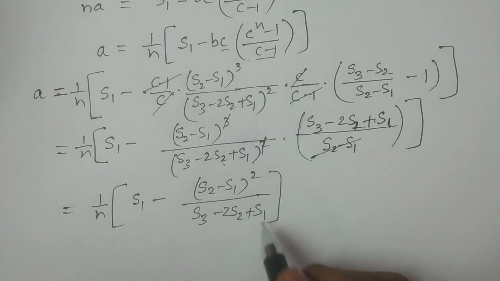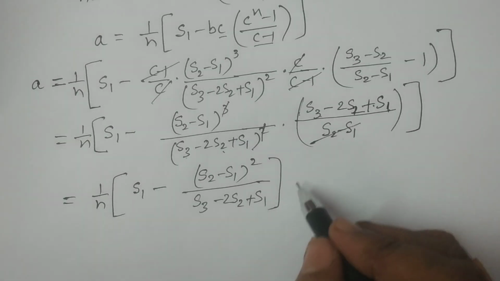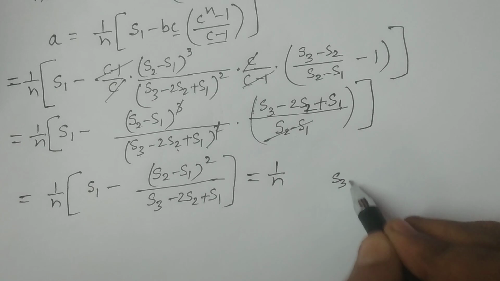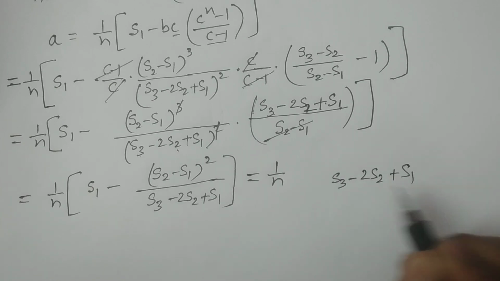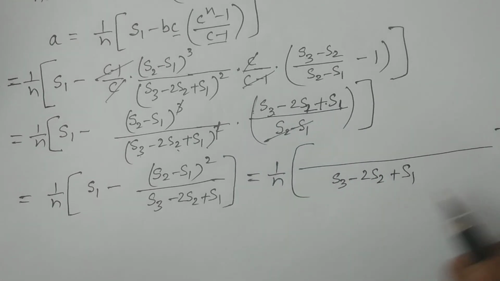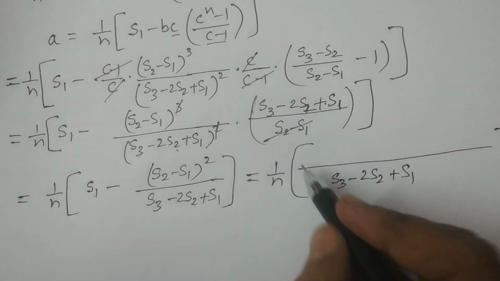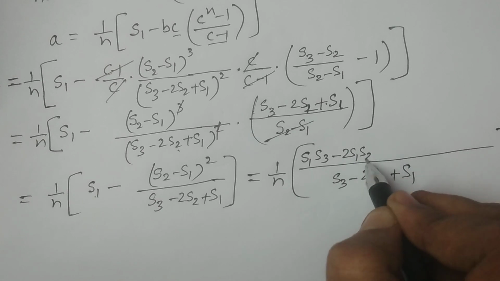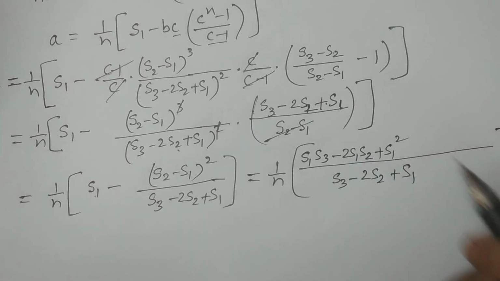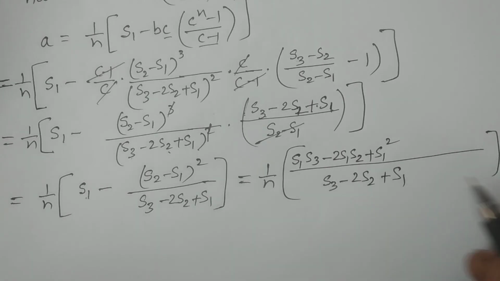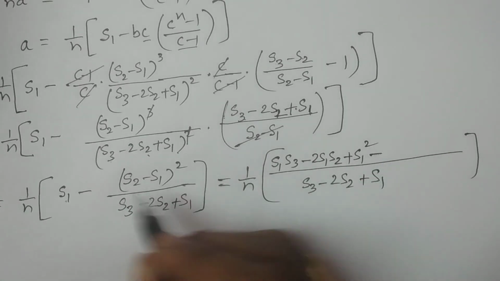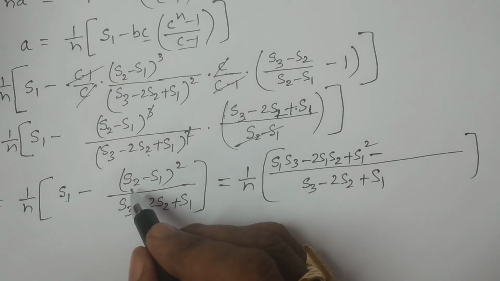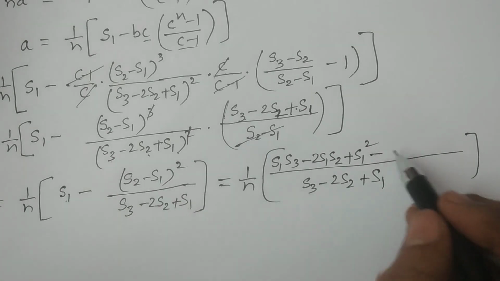By simplifying this, we will get the term, right? So therefore, it is equivalent to 1 by n multiplied by, if you take an LCM, S3 minus 2S2 plus S1, then now by multiplying S1 with this value, S1 S3 minus 2 S1 S2 plus S1 square, right? S1 into S1 square. Next, by doing the square here and then by substituting the values here, that is just to do the square, A minus B whole square, minus S2 square